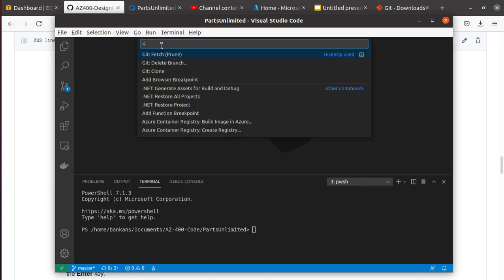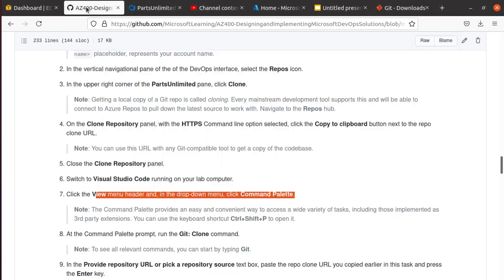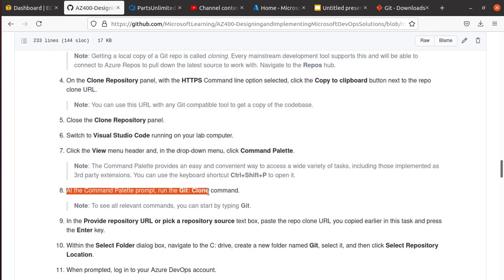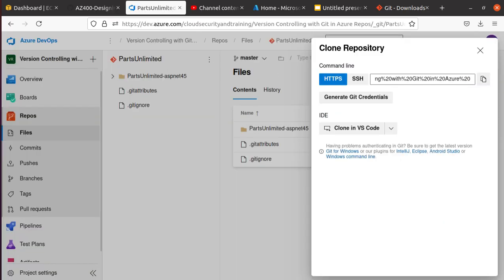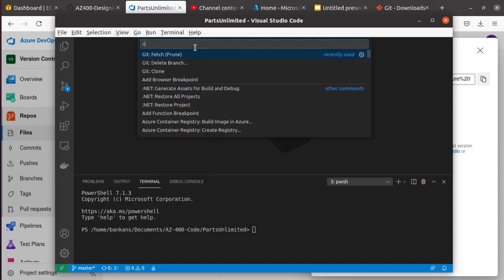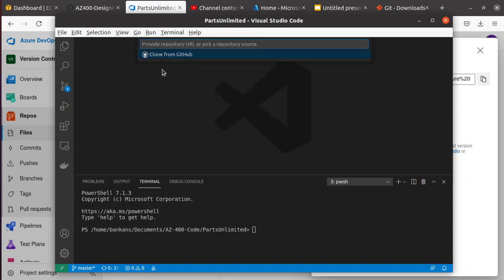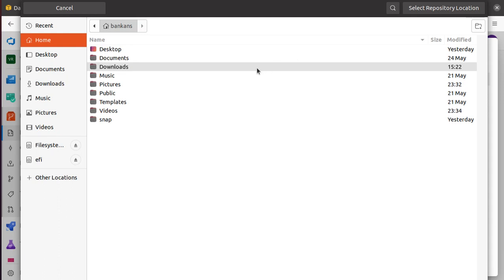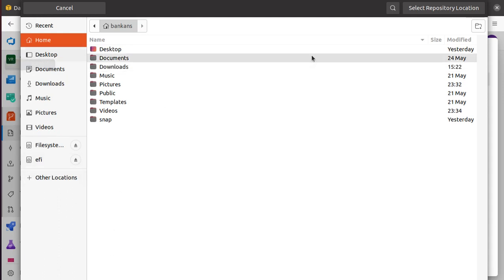So here we've got to do a git clone. I bet that is what they're going to ask to do, git clone command. So let's just again come back over here, view, command palette, git clone, and then it's saying provide the repository URL or pick a repository source. Okay, so I'm just going to paste the whole URL in here and hit enter and see what happens. Now it's asking me to choose